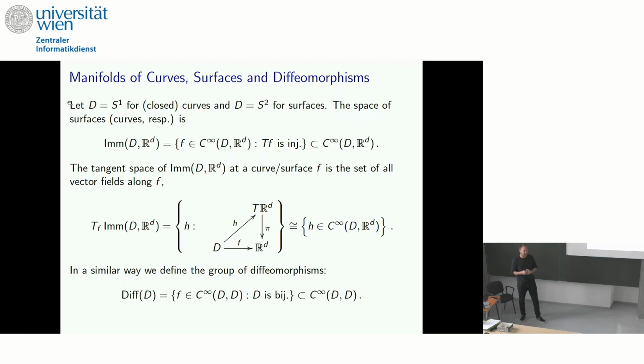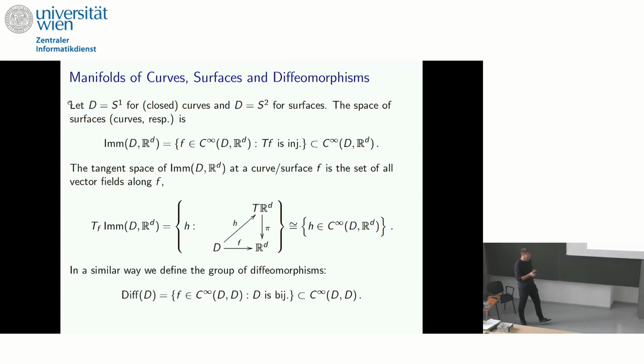What is the simplest example that you have ever seen of a finite dimensional manifold? The first example that you learn in your differential geometry class is an open subset of Rn. Here we have the simplest example of an infinite dimensional manifold. It's an open subset of the Fréchet space of smooth functions. If you have an open subset of a vector space, it's very easy to characterize the tangent space. It's just the surrounding vector space.